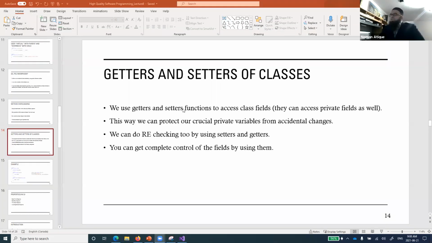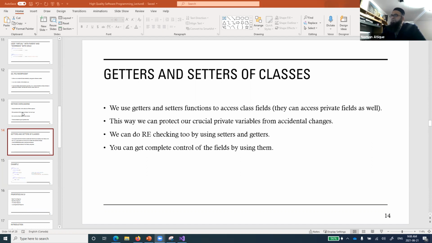Now let's talk about the getters and setters of classes. We are about to discuss an interesting aspect of C#: we use properties for that. But first, let's talk about getters and setters. We use getter and setter functions to access class fields. They can access private fields as well. You remember we talked about how the fields we keep are usually private fields.